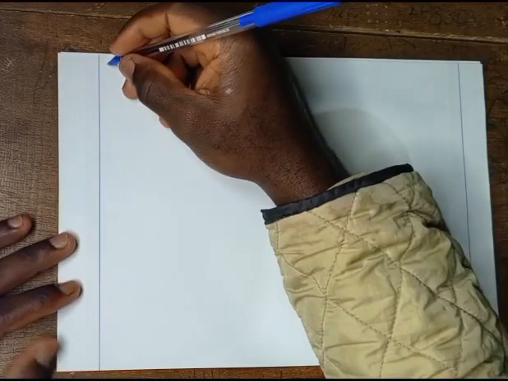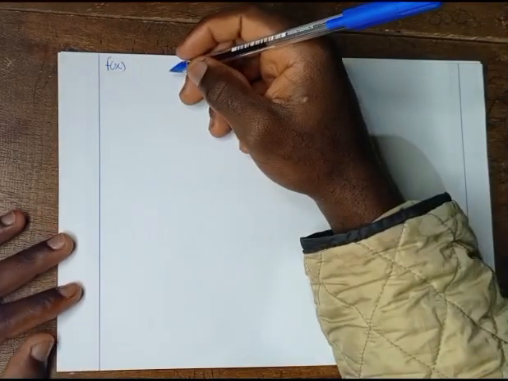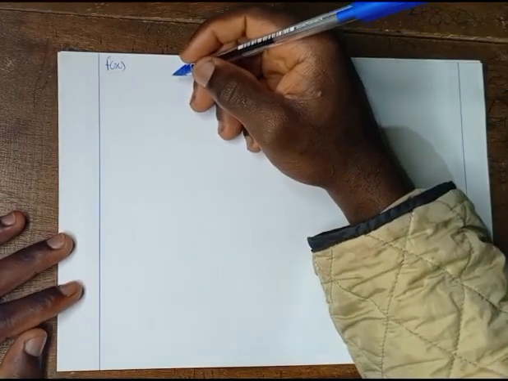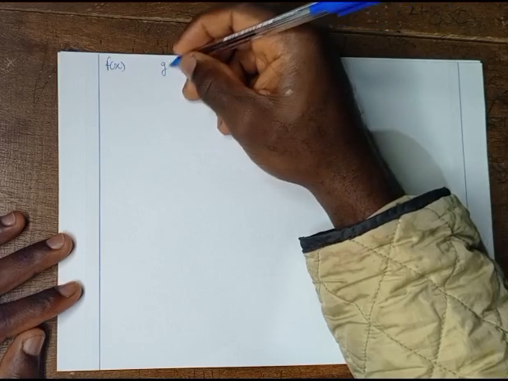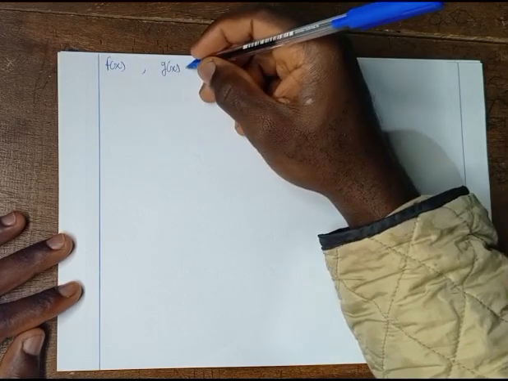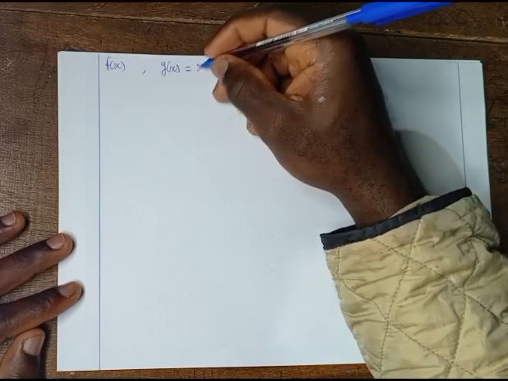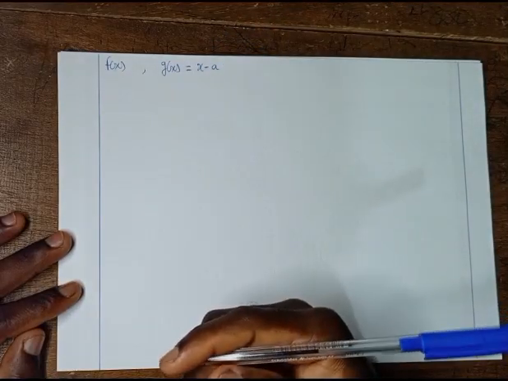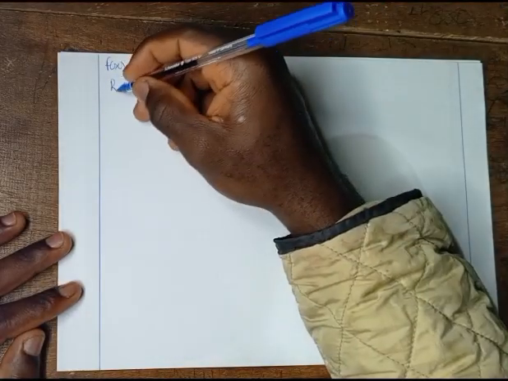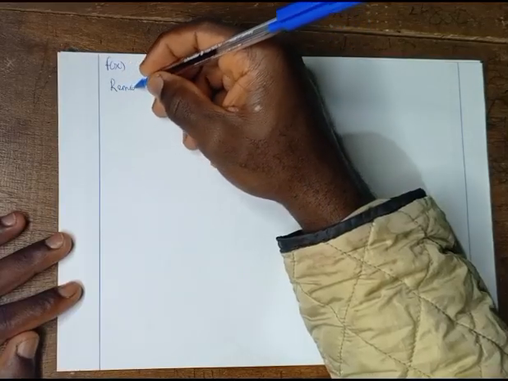The remainder theorem states that if we have a polynomial f of x and we have to divide it by another polynomial g of x, let's assume g of x is x minus e, then to get the remainder r,